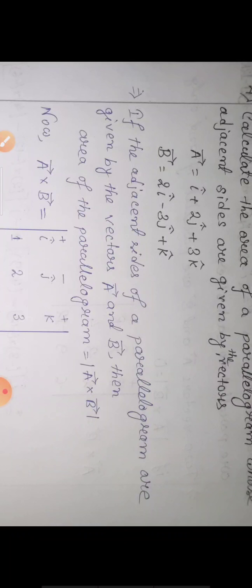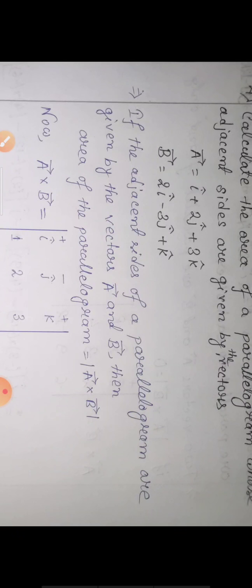because suppose you have two vectors. Just remember, I explained previously, suppose you have two vectors, vector a and b, and they are joined tail to tail. If you find their cross product, it will give you this area. So whenever you find this type of question, find the area, you have to find the cross product. So here we have to find a cross b. Again we'll solve this one by the determinant method.